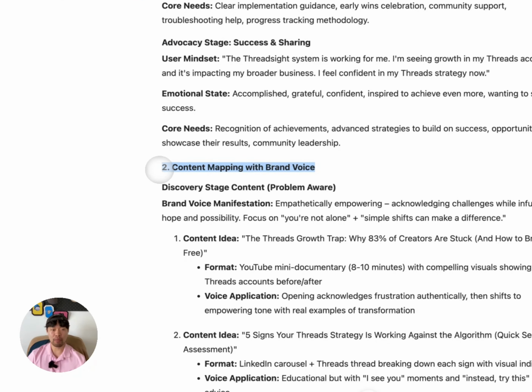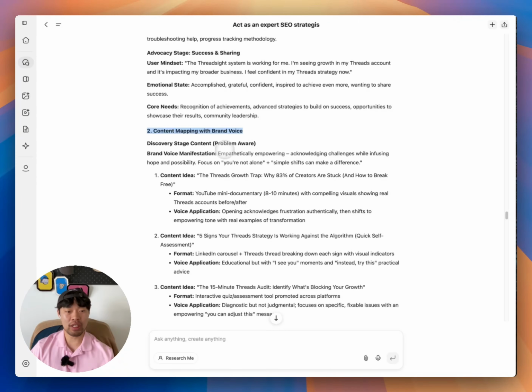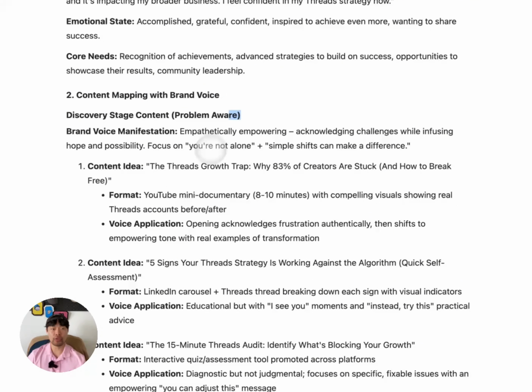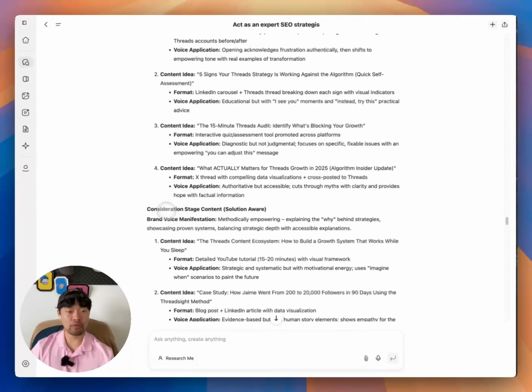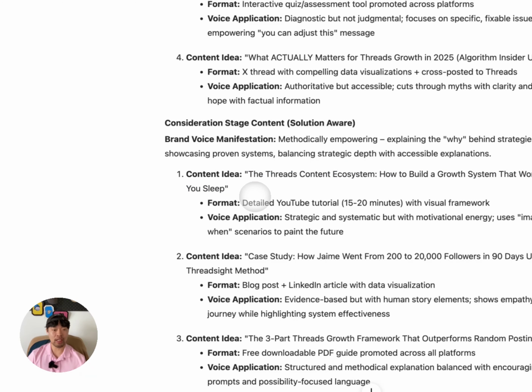And here, content mapping strategy. In each stage, they employ a different strategy. So this one is problem aware. They go like, why 83% of creators are stuck. And also here, consideration strategy, and they gave me different strategies that I can use.